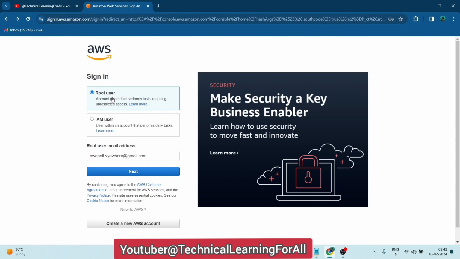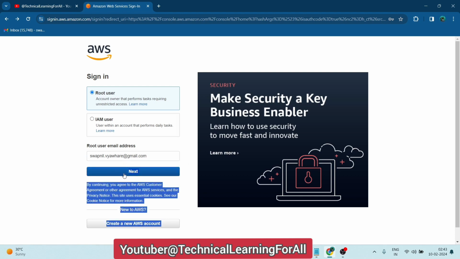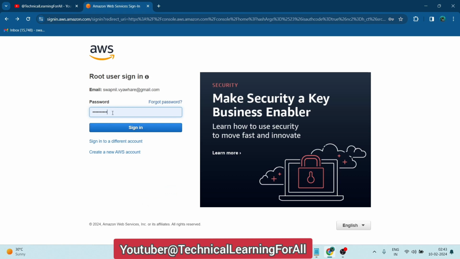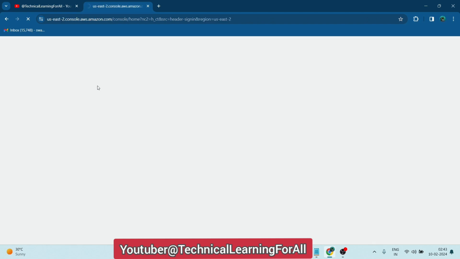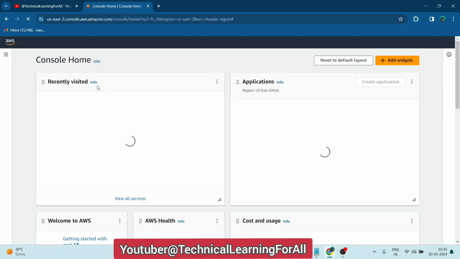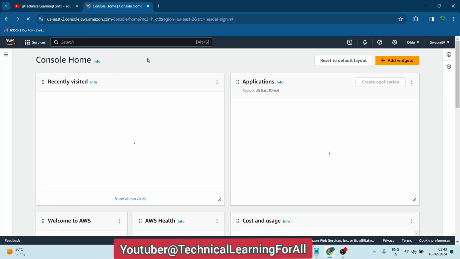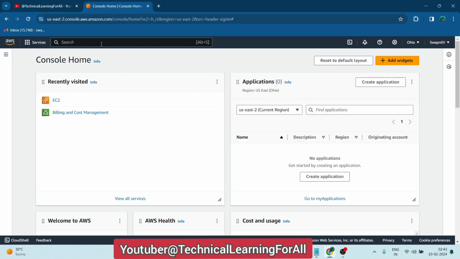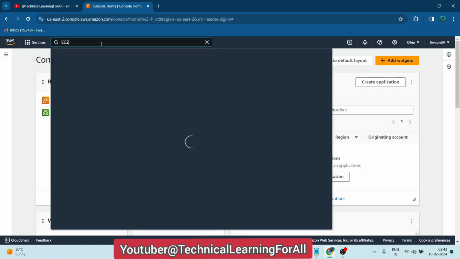signin.aws.amazon.com, sign in as the root user, enter your email address which you verified, click on next, enter your password and click on sign in. Now once you sign in, we want to create the virtual machine, the EC2 instance, for our deployment. Then what you can do is just search here EC2,